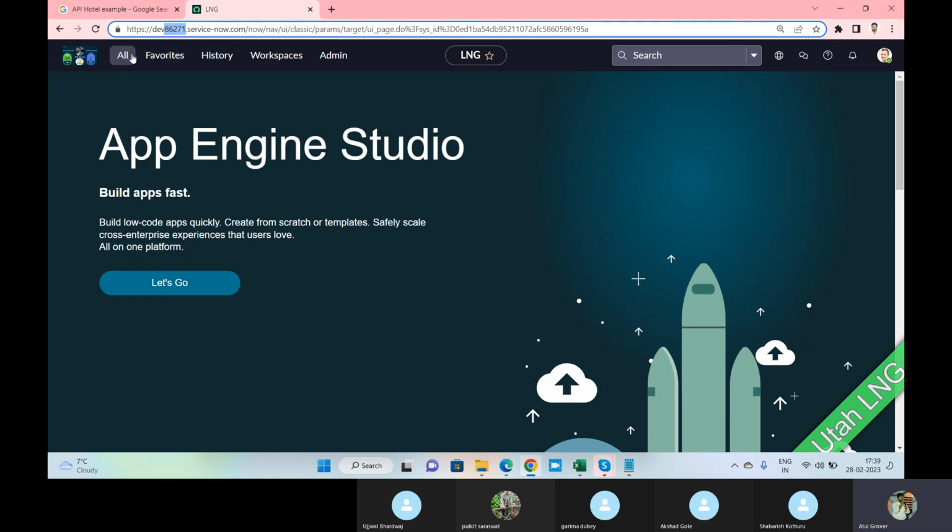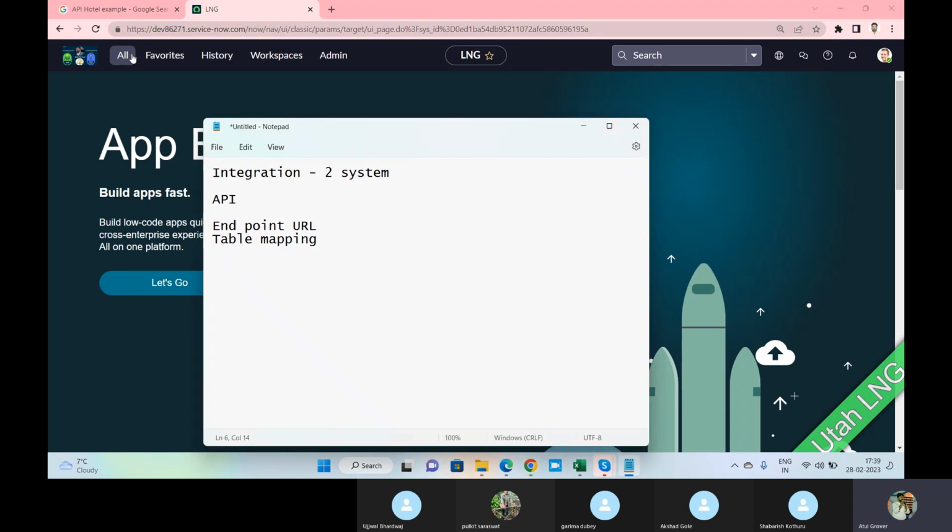This is called table to table mapping. Once you get table to table mapping, then we go for field to field mapping: which field of this table maps to which field. Now remember the transform map concept, what we did for field to field mapping. This is what we have to do.